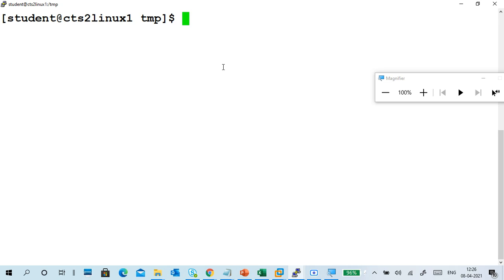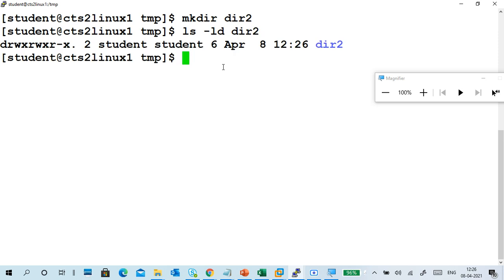Otherwise, I will create another directory, mkdir dir2. Okay, ls -ld dir2. So these are the permissions on dir2, the default permissions. Now I want to change the permissions of that one, but I didn't have any files.